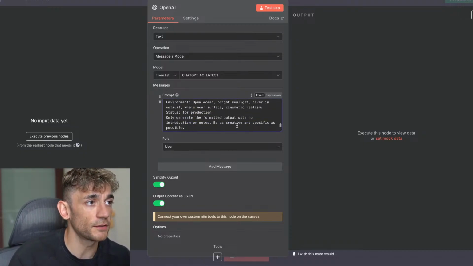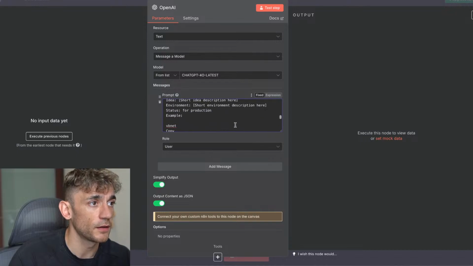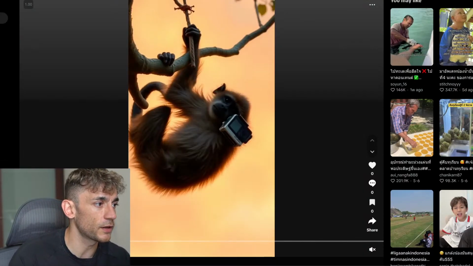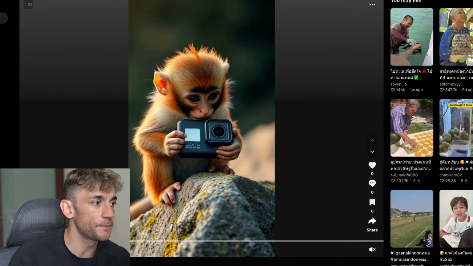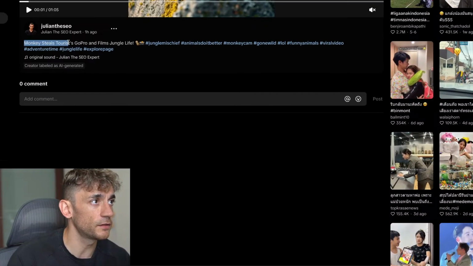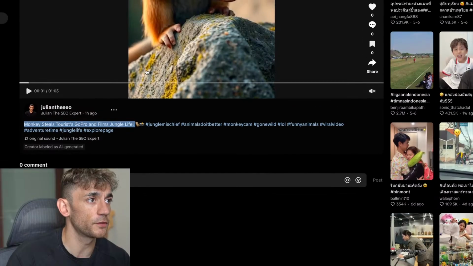So whether you want it to come up with ideas for you, or whether you want the ideas to be generated automatically, you can do it directly inside this prompt here. And if you look at the outputs, it's pretty amazing what it came up with. So for this example, it came up with the caption: monkey steals tourist GoPro and films jungle life. It came up with the hashtags,